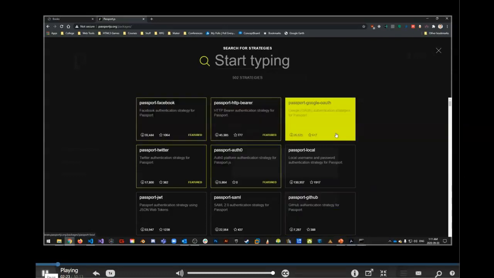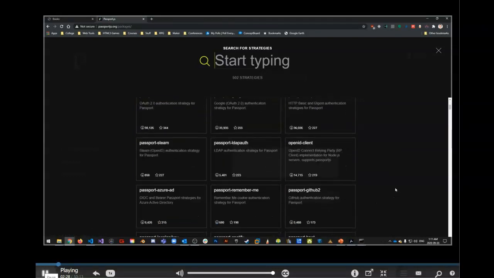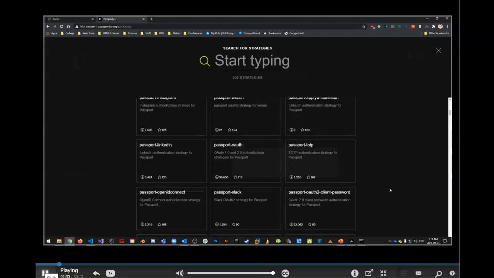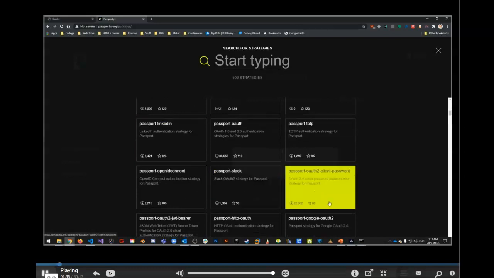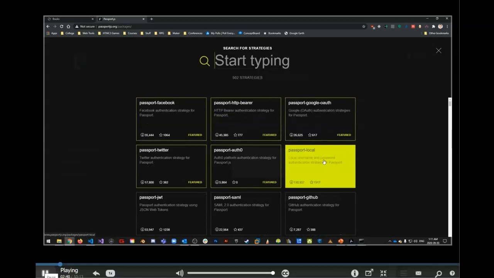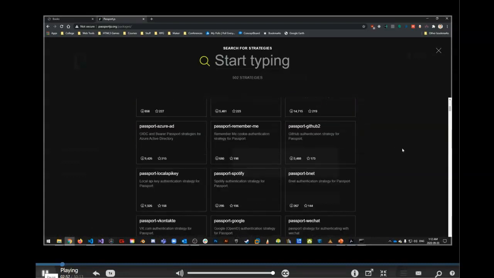Log in with Facebook, log in with Google, log in with GitHub, and there's a bunch of other ones that they mention. You can see that there's a ton of them, and they keep adding them. Passport with LinkedIn, and so on. Tons and tons of them. The one we want to use is Passport Local. Passport Local is username and password. That's the standard that we've used for a long time. Definitely the weakest of all these other ones. I mean, obviously, it's much stronger for us to use Facebook, potentially, or Google, compared to using